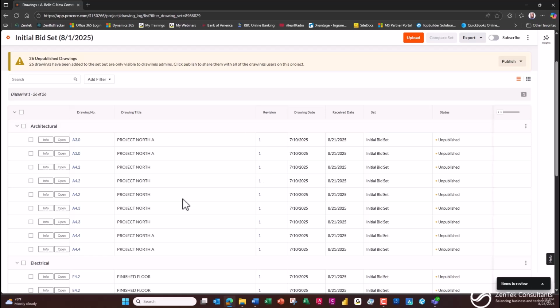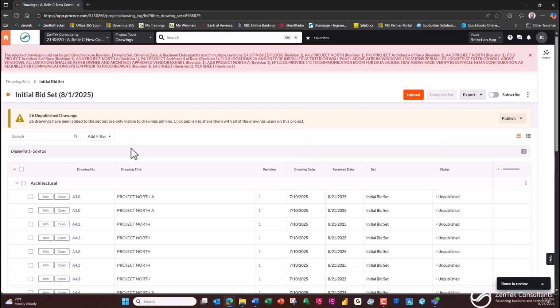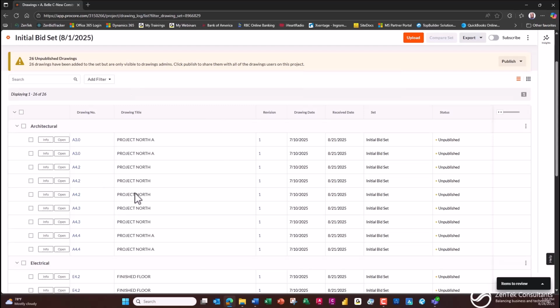I can go in later and republish the same files when revisions are made, and it will automatically notify everybody. And if A4.3 becomes revision 2 or 3 or 4, the numbers here will change, and it keeps copies when I go into the view, right? And I can go back to all the older versions of these and see the old versions,